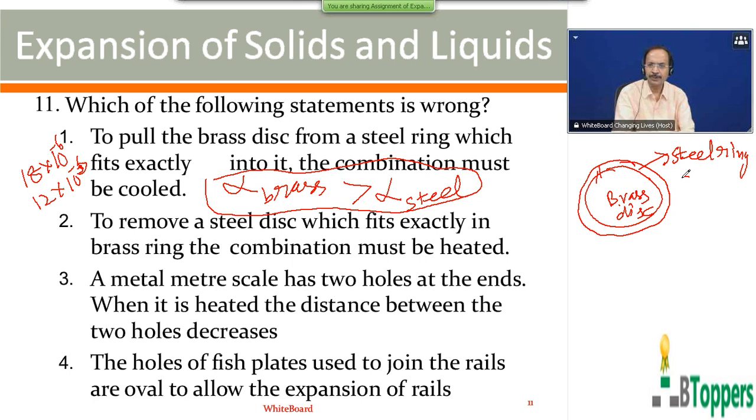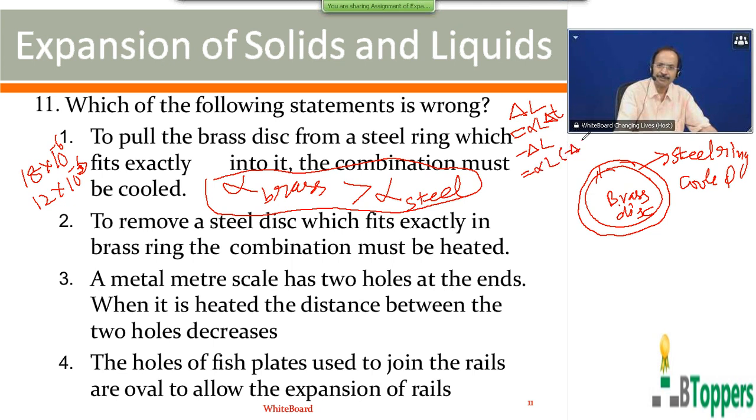But when they are cooled, as you know, the change in length of the solid, when the temperature of the solid changes, is alpha into original length into change in temperature. So when temperature is decreased, the decrease in length can be written as minus delta L. That is alpha into original length into minus delta T. Minus delta T is the decrease in temperature.